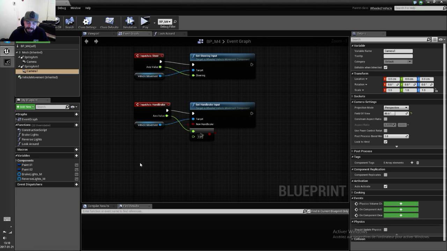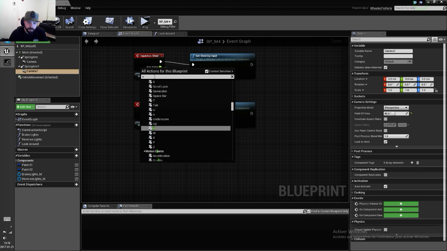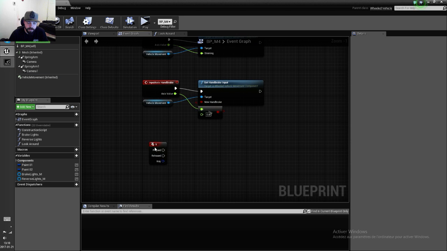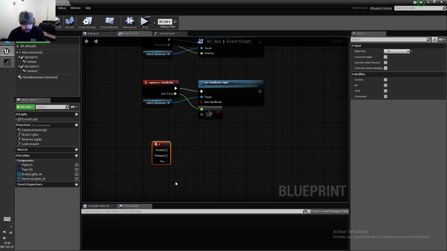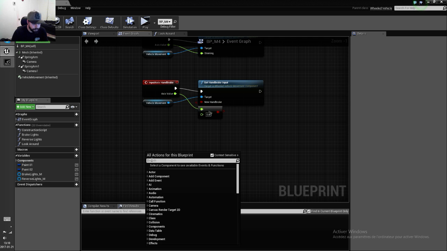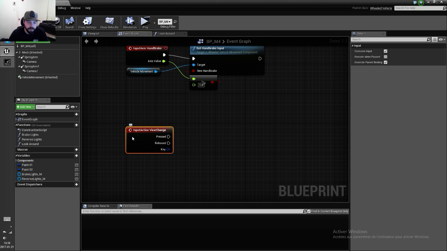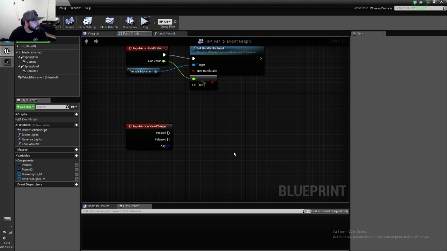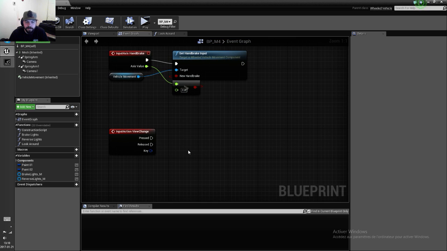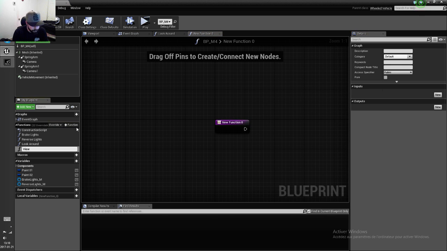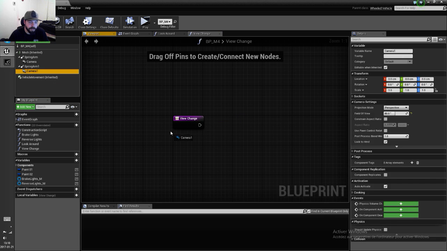Okay, so now that we have an input, by the way, we could have just pressed V and gotten the V key here, but it's always a good habit to map some inputs so that you can remap them in a future option menu or something. So we're going to create a function as well, which is going to be view change. Okay, so we have two cameras for now,